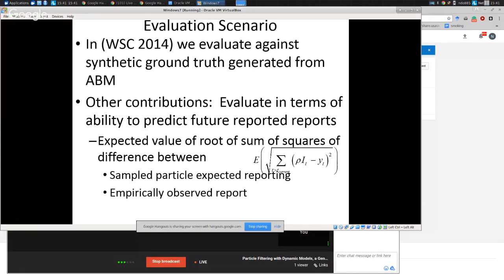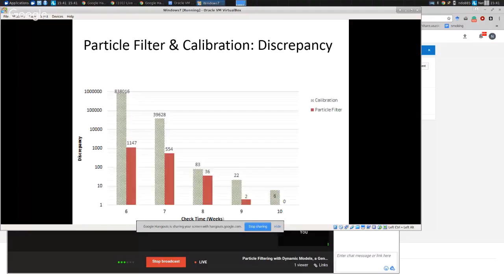Okay. I'm not going to go into this, but suffice it to say that with these frameworks that take into account data over time and have many hypotheses about the world, we can do a lot better than with calibration. Calibration is great. Calibration is a process of adjusting our parameters and assumptions in the model so that we can better